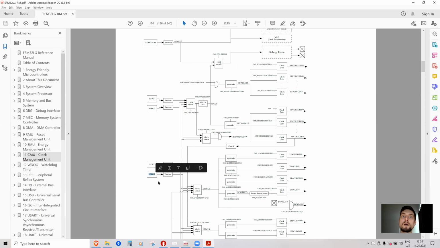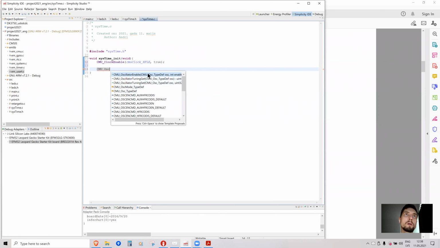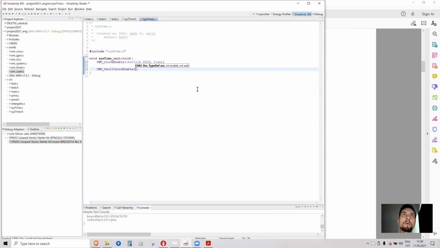We will use the low frequency RCO. So we need to turn it on. So we need to write CMU_OscillatorEnable, where we turn on a certain oscillator, and its name is